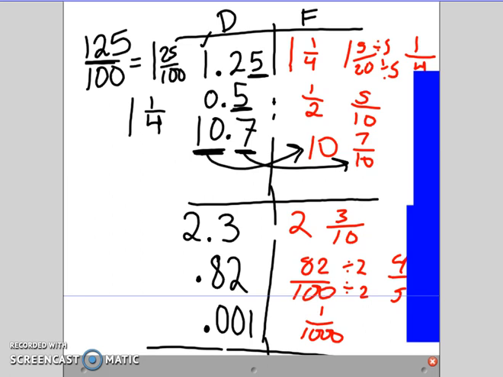Hopefully these are the answers you got. If not, go ahead and pause, go back, look at your notes, see where you might be messing up. Now we're going to switch from going to fractions to decimals, but first,